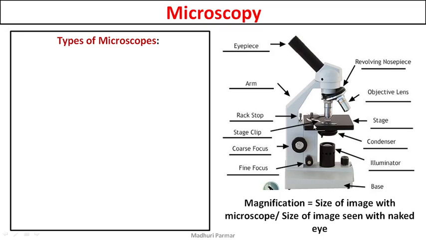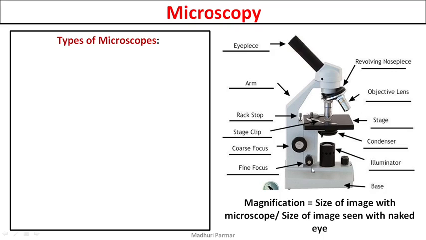Then you have a stage where you place the sample. Then you have an illuminator, which is the light source. Antony van Leeuwenhoek used either natural sunlight or a lamp. In the same way Robert Hooke used a lamp, and today we use an electrical lamp, or we even use a concave mirror to focus the sunlight towards our sample. The light falls from beneath, and the sample is lit up.